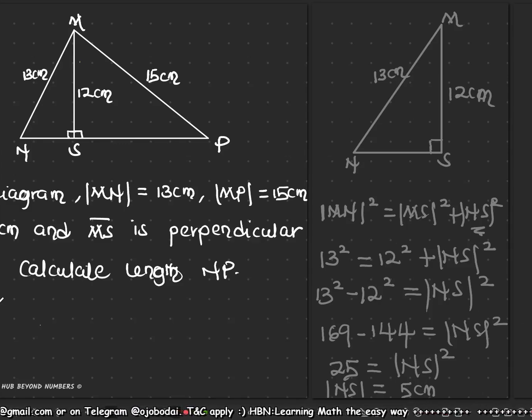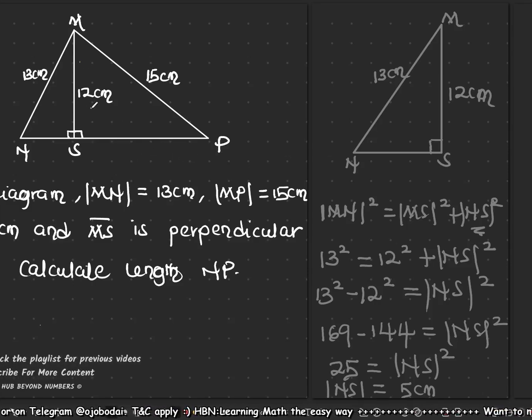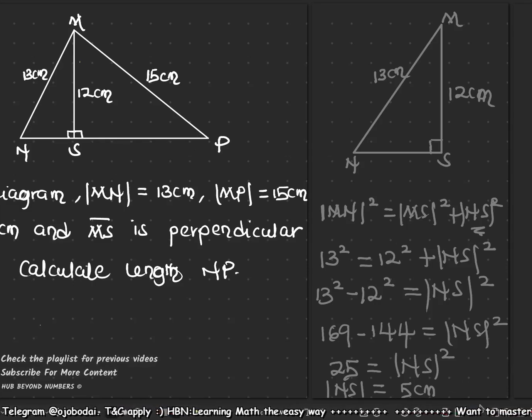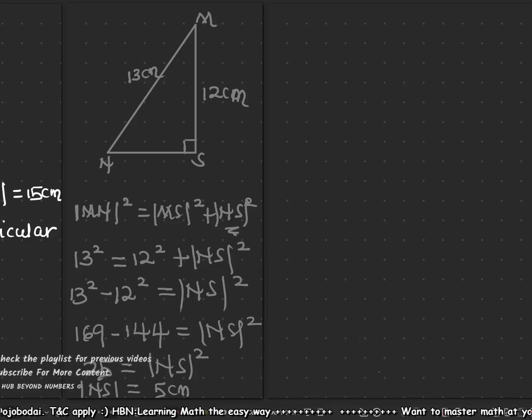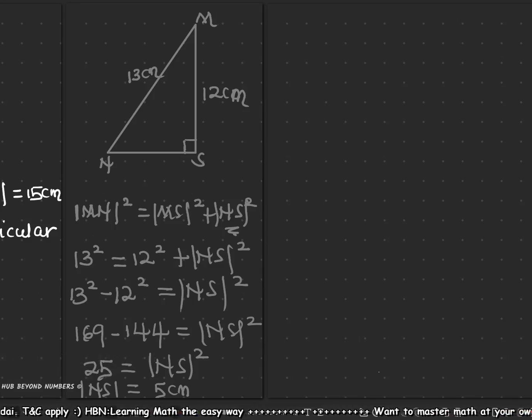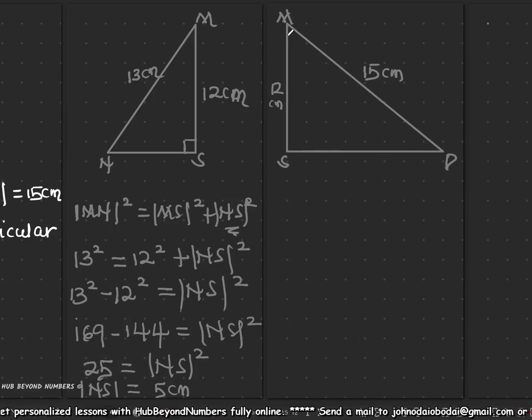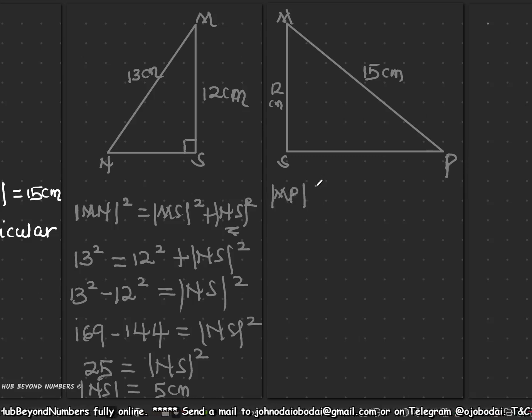With that done, we now have to look for the length of SP. So we would draw the other part of that triangle as well, and that is going to help us look for SP. So I'm coming to draw that right over here so that we can make inference. This is what we have over here, just like the previous one. We can say using the Pythagoras theorem that the hypotenuse, which in this case is MP, squared, is equal to the sum of the squares of the other sides, which in this case is MS